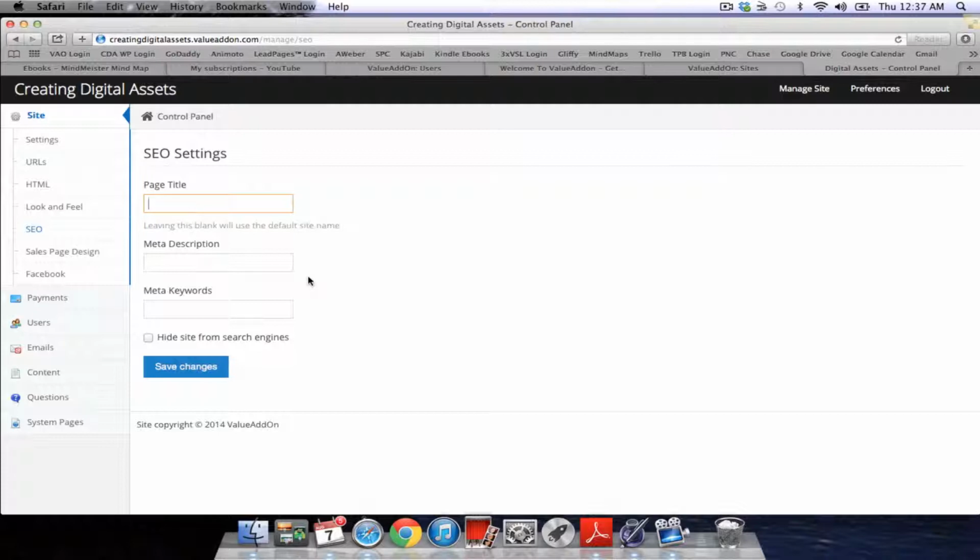Anyway, I'll find out about the SEO settings, but what I did want to say is within your membership site, you definitely want to have a title for all your videos, all your PDFs, all your audio files. You want to have a title for them, a description, and keywords so that people can search within the membership site and find content in addition to just navigation. So we'll see if that's available in here. But anyway, we'll come back to this.